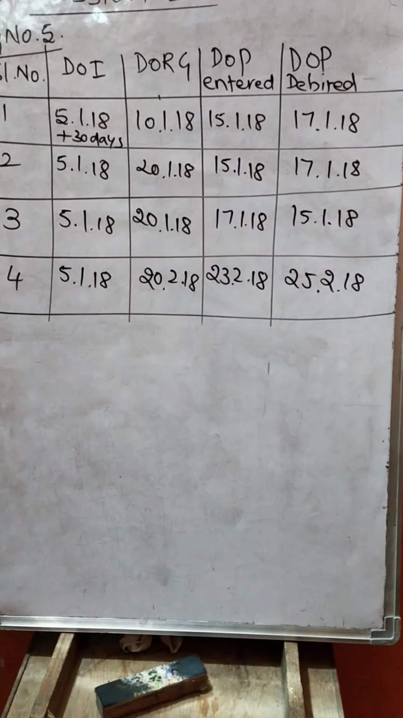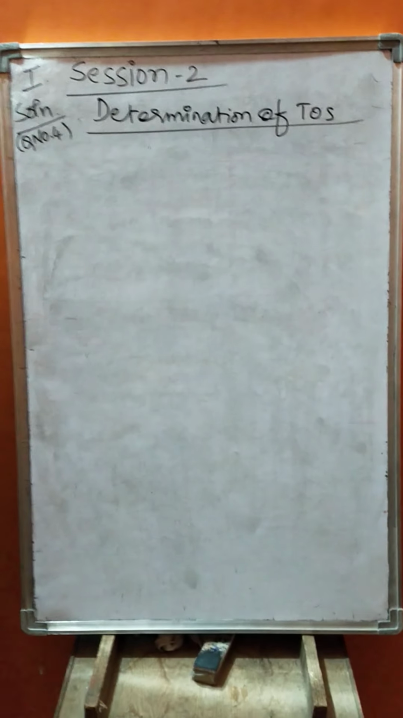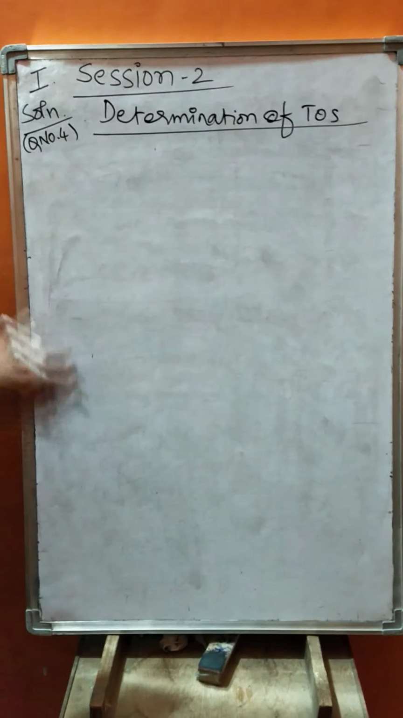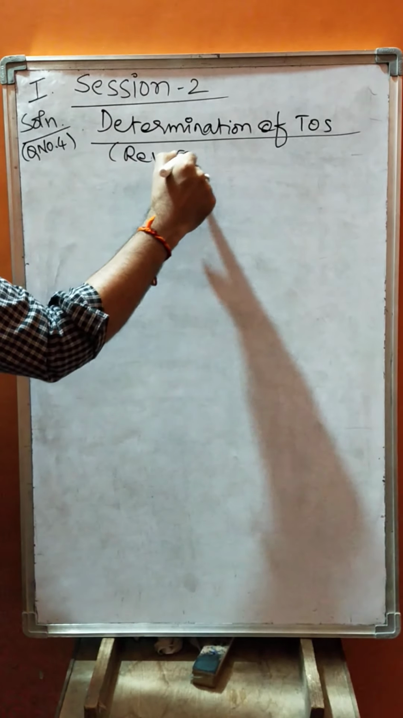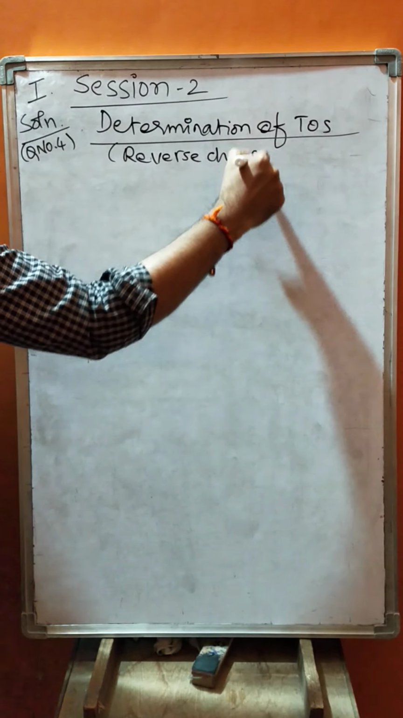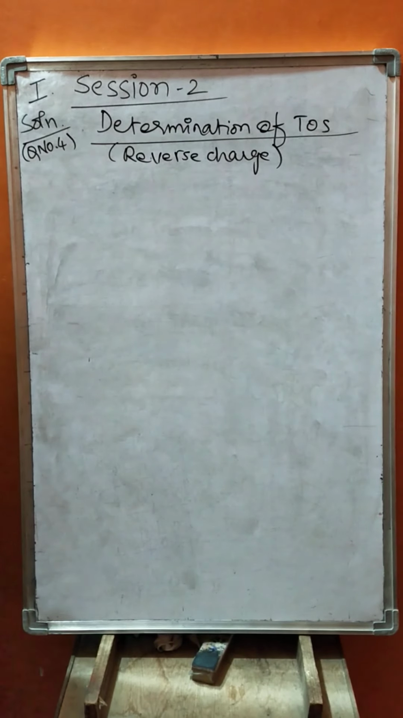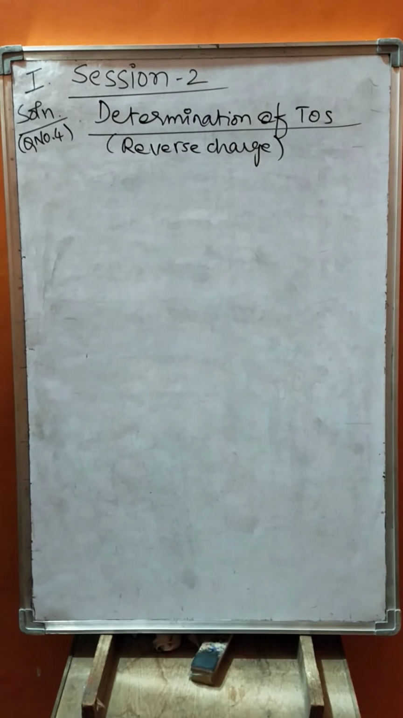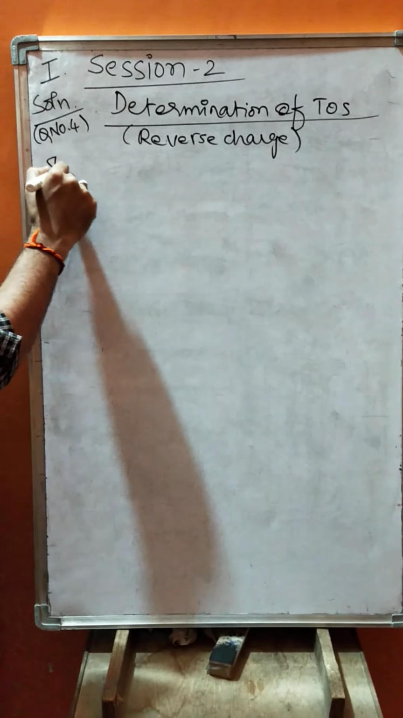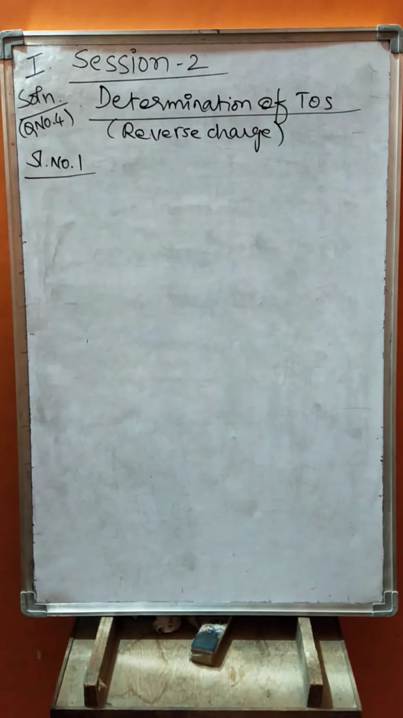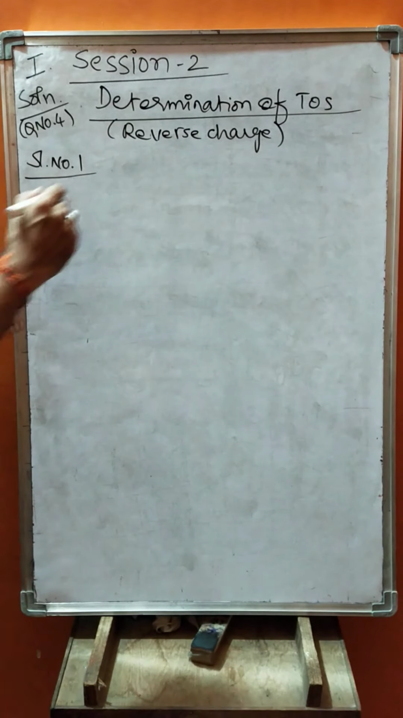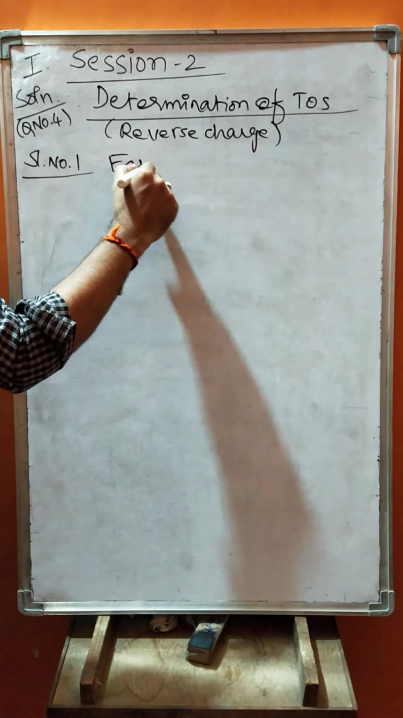So look at the solution part. We'll proceed with the solution serial number wise. Determination of time of supply in case of reverse charge. What is reverse charge? Instead of the supplier, the recipient of goods is liable to pay GST. So take serial number 1. There are 4 dates given. What are the 4 dates given there? Earliest of